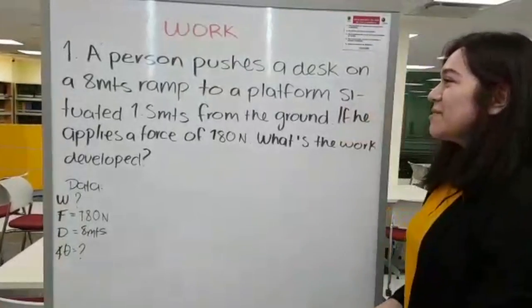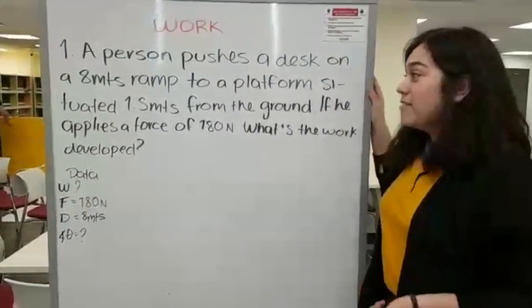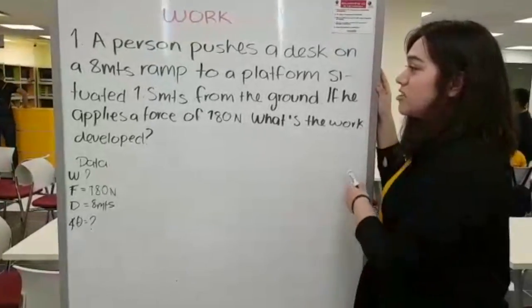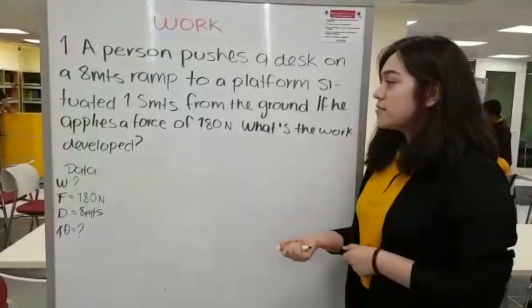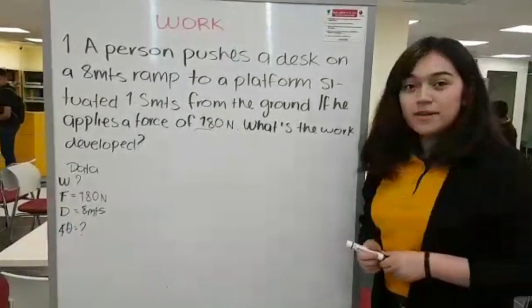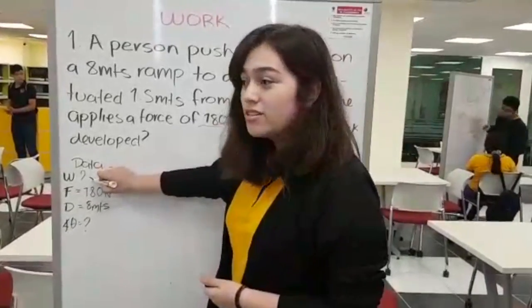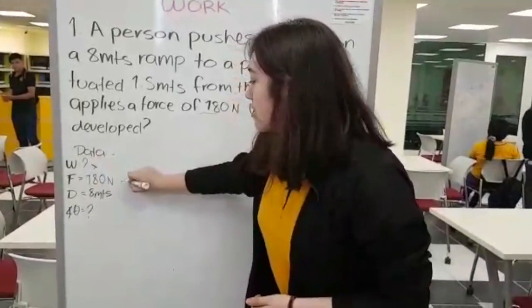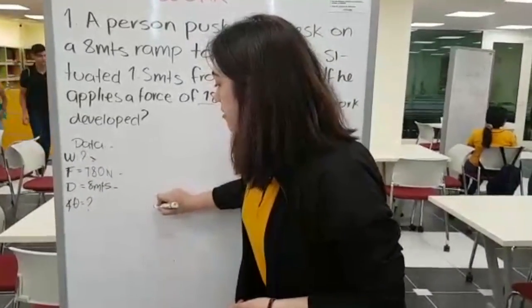In this problem, we have a person who pushes a desk up an 8 meter ramp to a platform situated 1.5 meters from the ground. If he applies a force of 180 newtons, what's the work developed? Now, in the data, we have an unknown work, a force of 180 newtons, a distance of 8 meters, and the